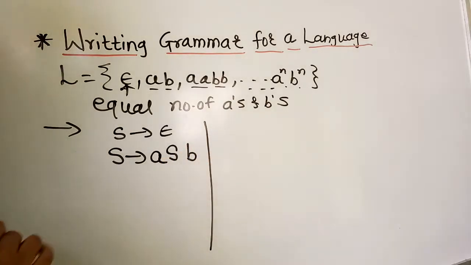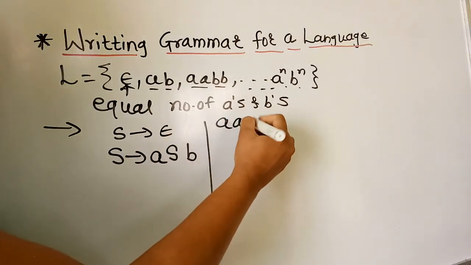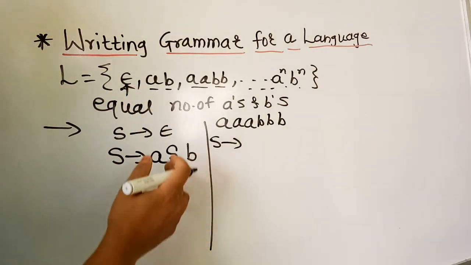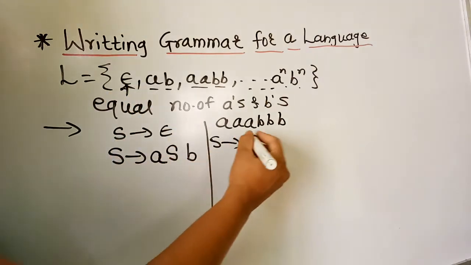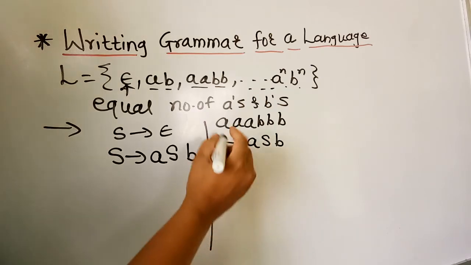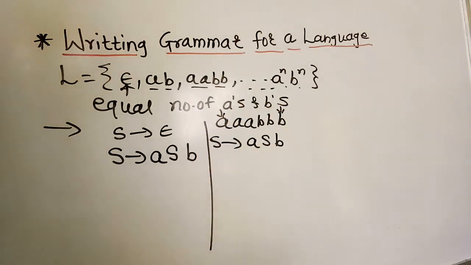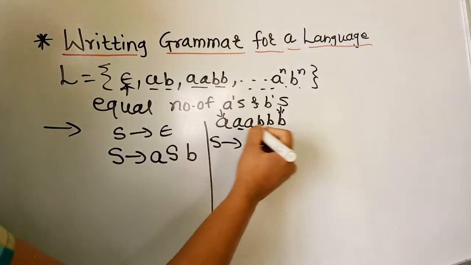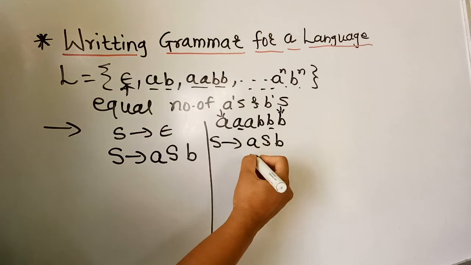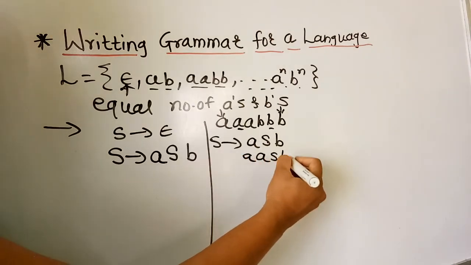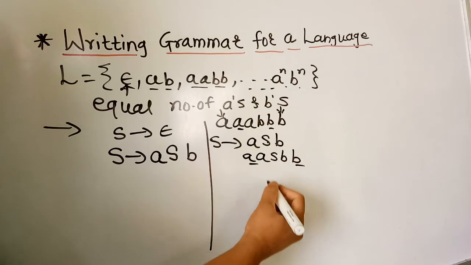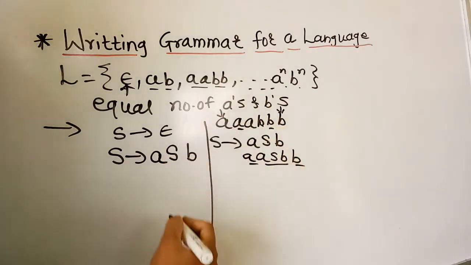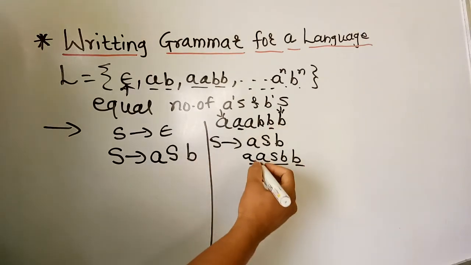Now we will take one string, that is AAABBB, which we will try to generate from the grammar. For example, the first production rule is ASB. Now carefully see, our first term is achieved. Two letters each remain. For this, we will again replace S with the same, that is A S B. Means this was the original term, and it is the again-replaced term. Now here two A's and two B's are achieved. Only one A and one B remain. So we will again replace S with the same.